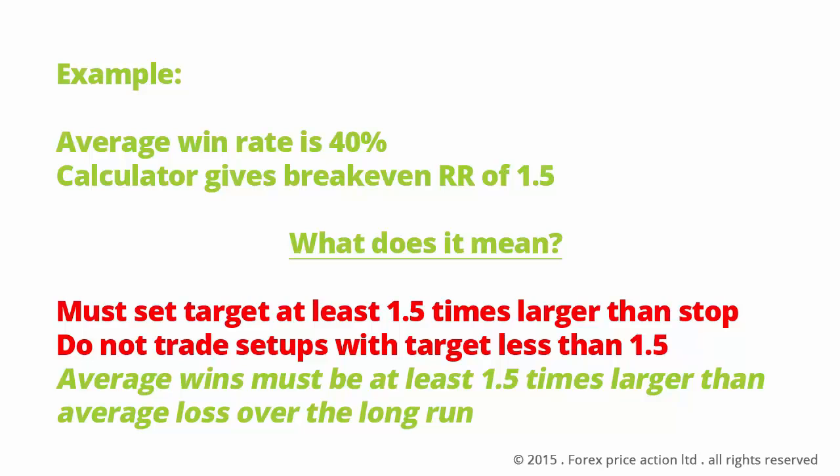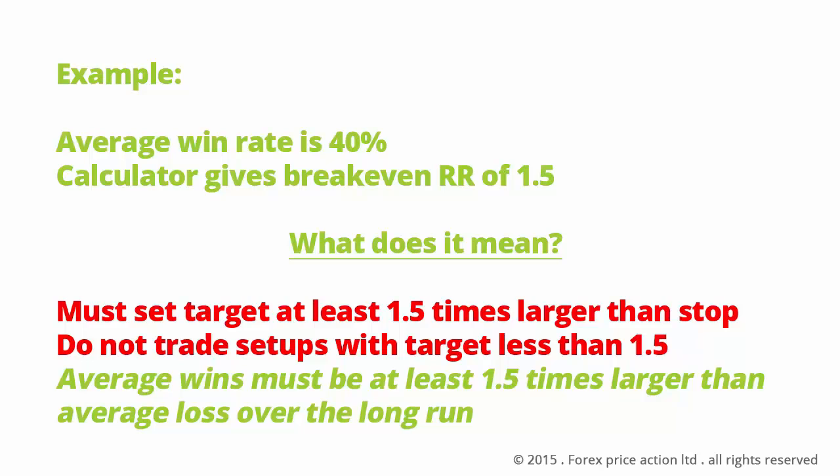This means that my winners over the long term need to be at least 1.5 times larger than my losers. If I can do that, then I would not be losing money. It also means that anything above 1.5 and I will be making profit. I find it very comforting to know this because I now know exactly the point where I will be making